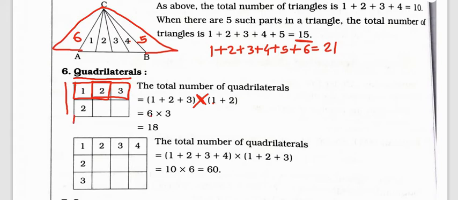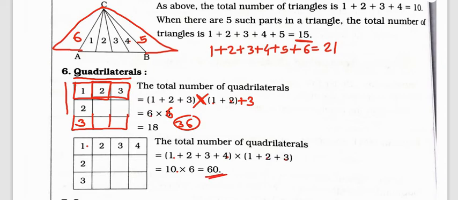Suppose here again in this way, the figure is like this. Then number of quadrilaterals are 1 plus 2 plus 3 again, that is 3 plus 2, 5 plus 1, 6 multiplied by 6, that is 36. In this case number of quadrilaterals are 36. Now in this figure here, 1 plus 2 plus 3 plus 4, multiply by 1 plus 2 plus 3. Now 1 plus 2 is 3, 3 plus 3 is 6, 6 plus 4 is 10, and here it is 3 plus 2, 5 plus 1, 6. 10 6s are 60 quadrilaterals are there.